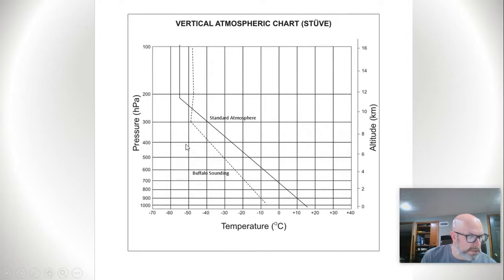So this illustrates the general relationship between average tropospheric temperature and the vertical extent of the troposphere. That is, the colder the troposphere, the thinner it is, right? So this one's colder and thinner, warmer and thicker. This relationship means that on average, on a global scale, the thickness of the troposphere decreases as latitude increases. So as you go from the equator to the pole, it's going to get thinner, right? If we had a little highly exaggerated drawing,